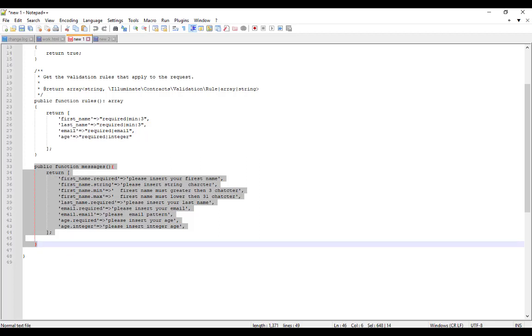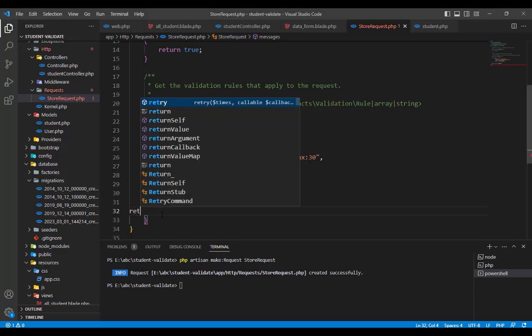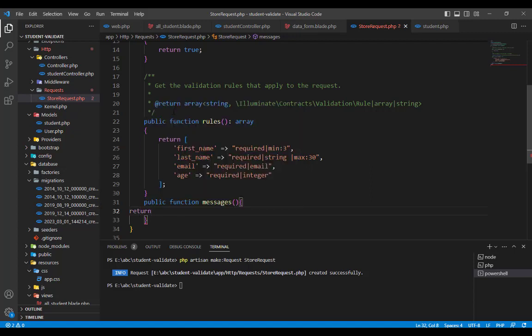So I come back here and say return for us an array and semicolon here, and open the array and say, for example, first_name.required, for example first name required, dot required